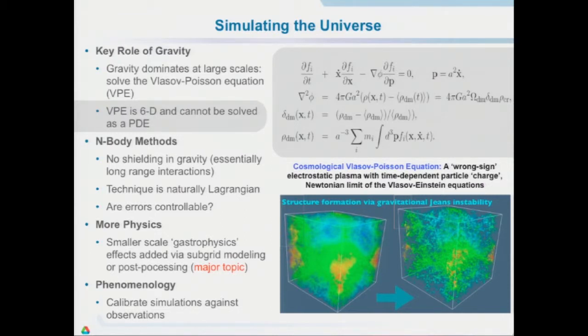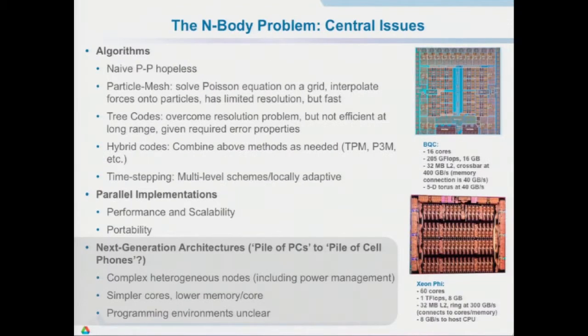The N-body problem is one of the most classic problems in supercomputing. The important thing to keep in mind is that you can't just have a direct particle-particle interaction, because we are running systems with trillions of particles, so clearly an n-squared approach is hopeless. There are different approaches that have been followed over time, and what we do is look for how to combine algorithms to get the most performance.